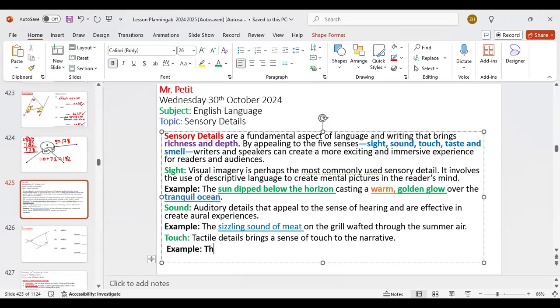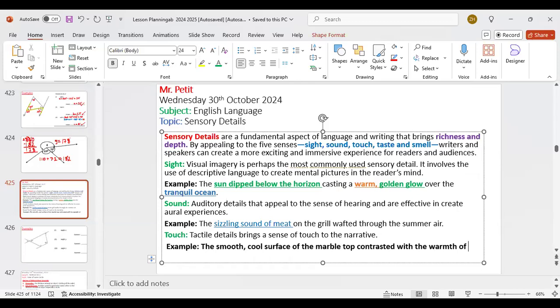Example, remember this is tactile, so we could say the smooth, cool surface of the marble, or I say of the marble top, contrasted with the warmth of the freshly baked bread made the